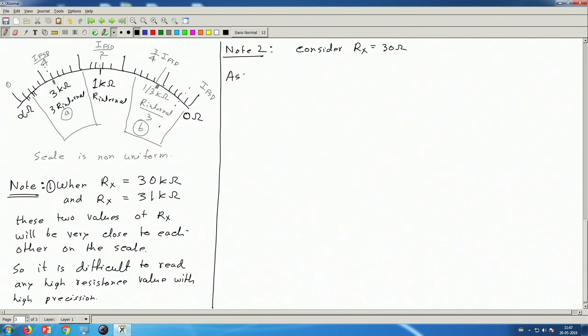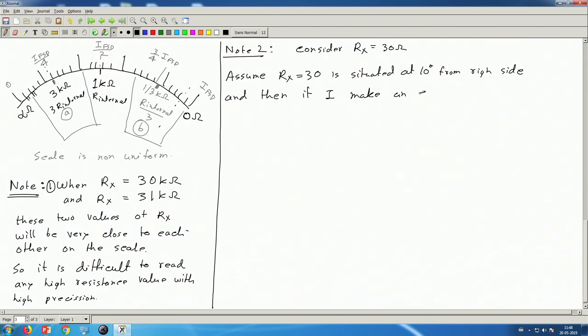So assume Rx is situated at 10 degree from the right side, and then if I make an error of 1 degree while reading or noting the value of the pointer, this is like 1 degree out of 10 degrees. So this will lead to 10% error